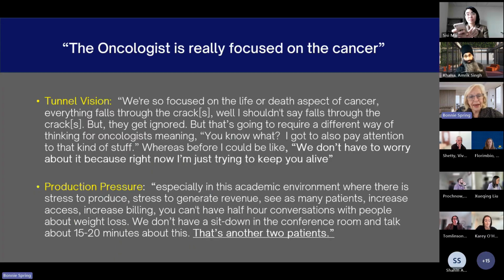So why was that? And really what it comes down to is system, financial pressures, and role issues. So what the oncologists say is